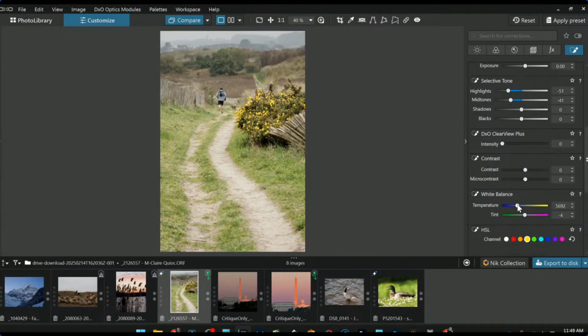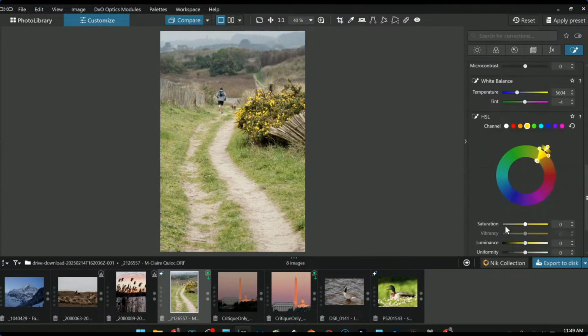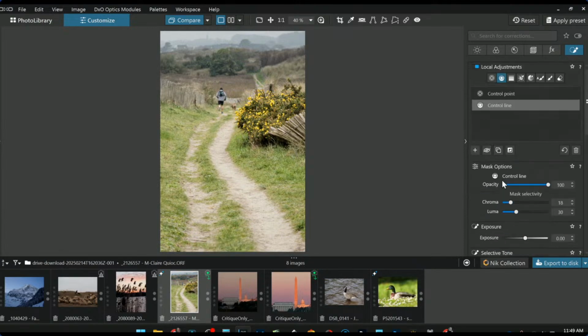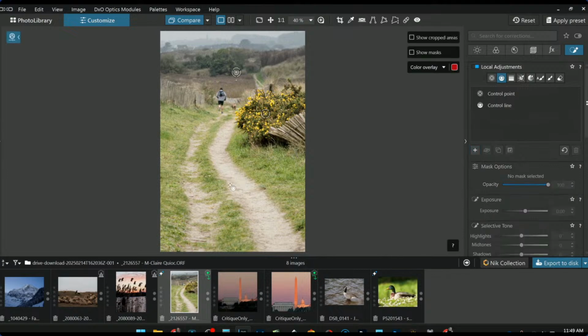Desaturate or cool. Yeah, let's pull the saturation back. Then, starting from here,